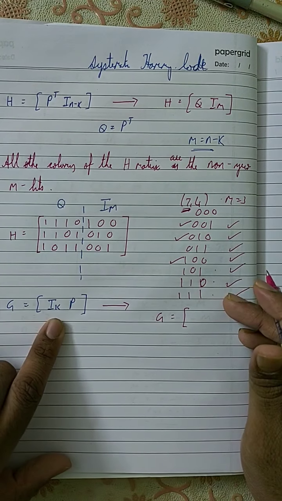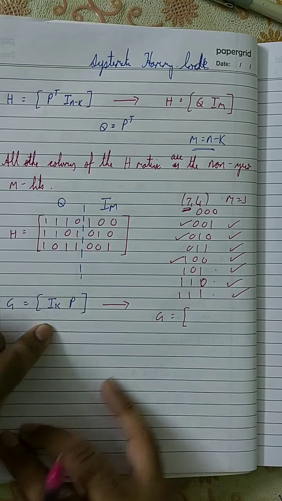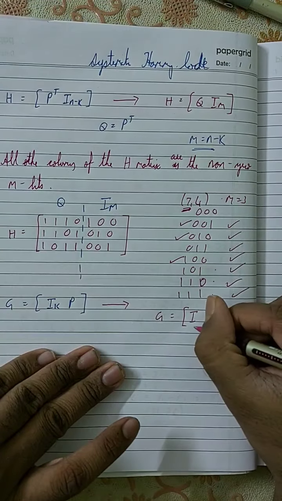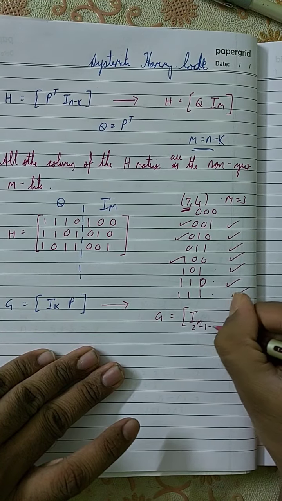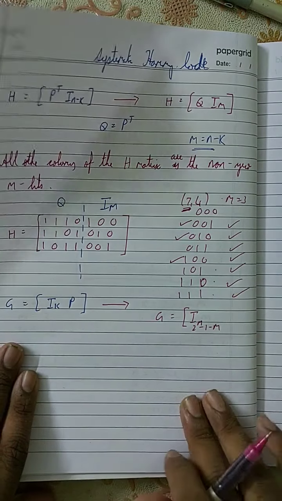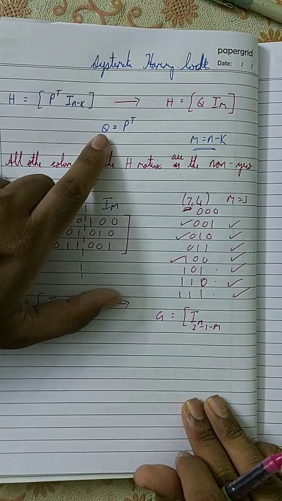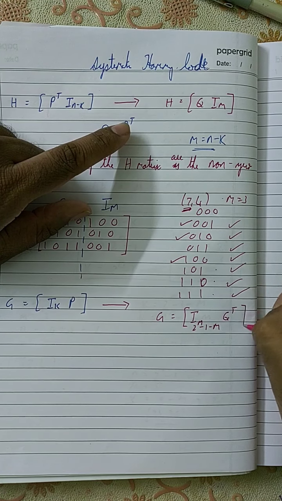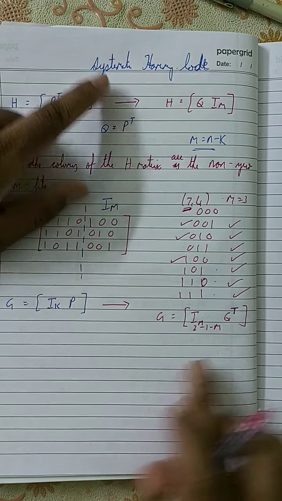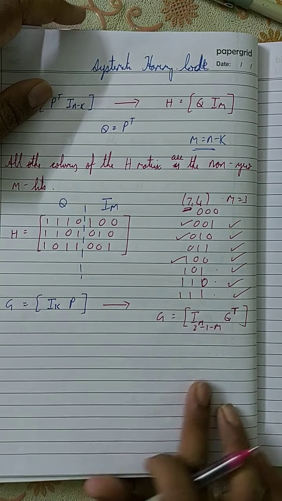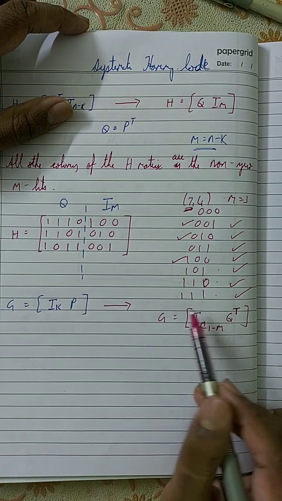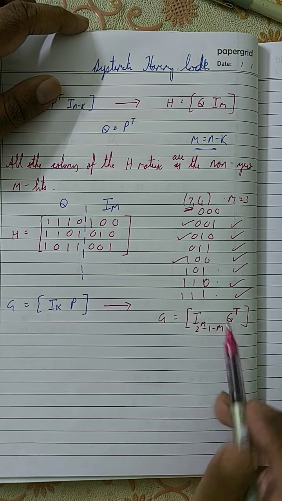that is, we have IK. What is K? K is 2 raised to m minus 1 minus m. So this is also I of 2 raised to m minus 1 minus m, which is K itself. And what is P? P transpose is equal to Q. So P is nothing but Q transpose. Therefore, this is how we define the generator matrix of an (n, k) Hamming code,